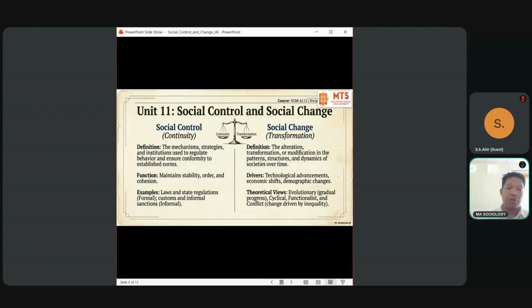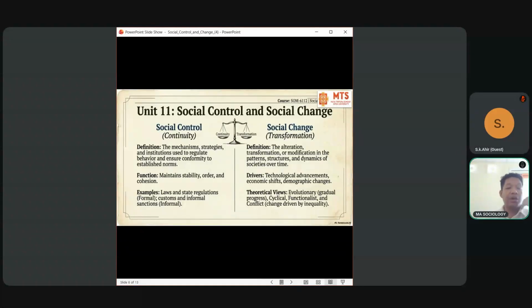So social change happens, but social control is something that continues, that an individual is abided by, to follow. Like in a village, there is a Chaudhary, right? In a town, there is a nagar panchayat and a municipal secretary, that is, someone who exercises social control. So in terms of social control, you cannot just go and harm anyone, you cannot just go and kick out anyone. Why? Because there is law and order, right? So that controls your behavior, that controls your lifestyle also, right?